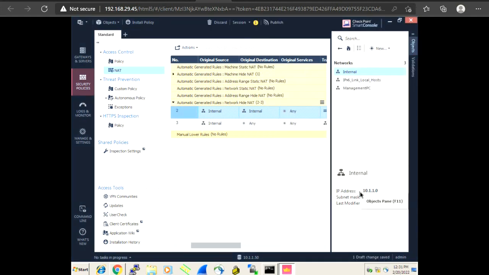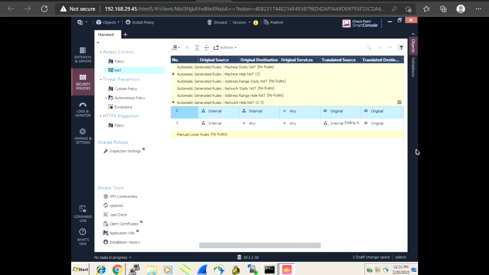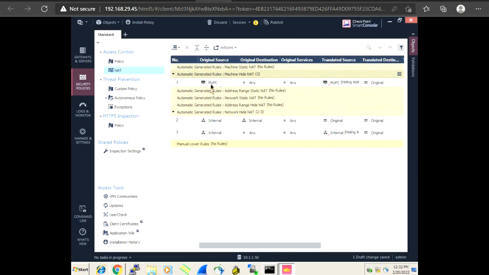If I click OK here, now the automatic rules have been generated. Now you see that you don't have any rules for that. So you were saying that there will be a rule for that and nothing is generated, what is this? So the rule is being generated, my friend, and it is inside this. You see my PC, that's what we added, and that has an automatic rule for that one. And you see what is the IP address here? This is hiding behind the 10.1. This is the computer IP address, and the translated